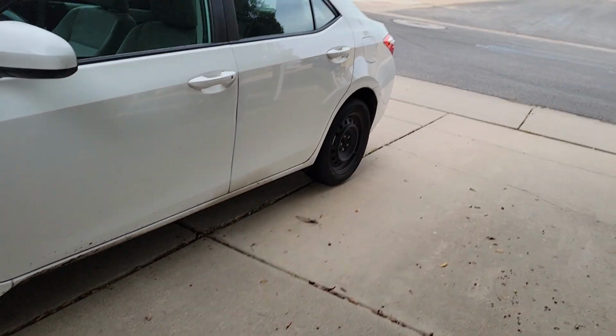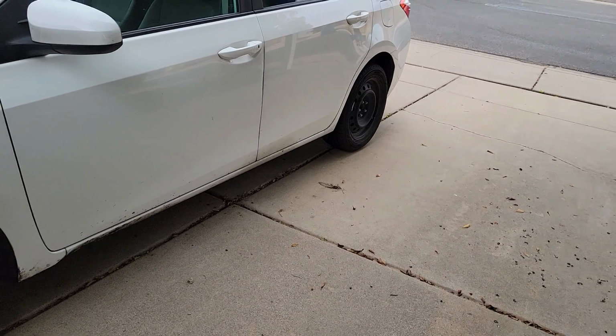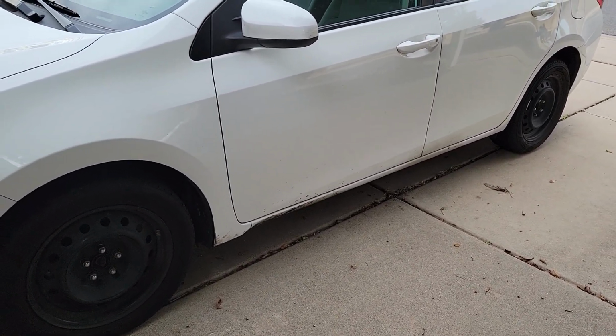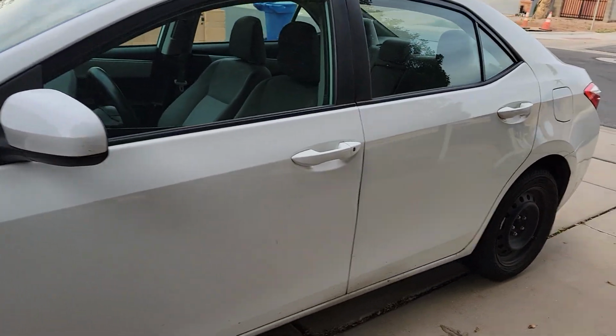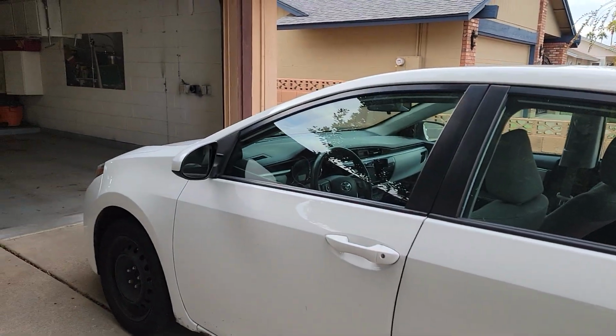I immediately lost all 4 hubcaps the first week. I only heard one flying off once, but eventually all 4 were gone in less than a week. And it looks good so far,